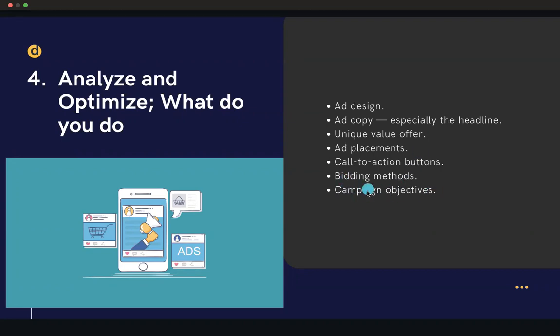Campaign objectives. So these are just, by the way, things. What you should just be focused on should be the ad design, your caption, which is ad copy, your unique value offer. This is your killer point. This value offer is your killer point. What are you giving them? What is that thing you're offering? Like for us now, if you see our ad, we'll tell you free marketing. If someone should see free like this, they will run. Everybody like free things, right? And especially if it's something that people pay a lot of money for, right? So I'm not saying you should give a product for free, but I'm just saying, what is that thing that would make your audience go crazy,